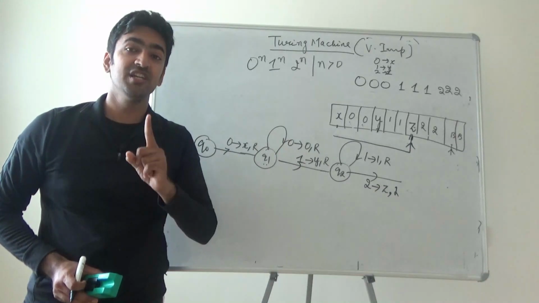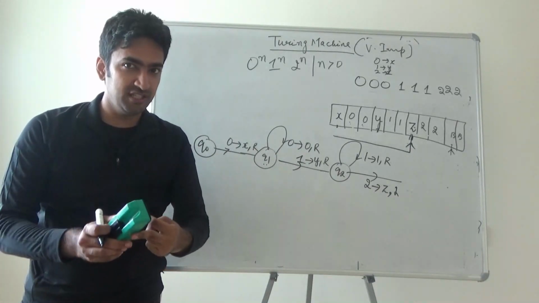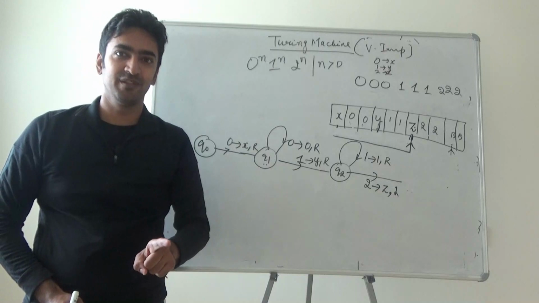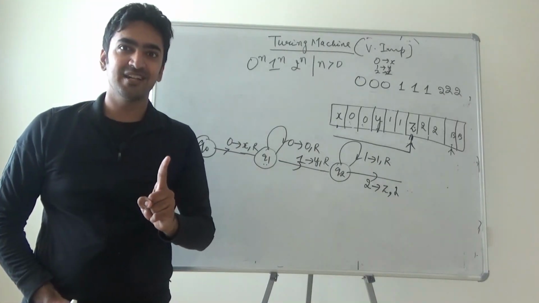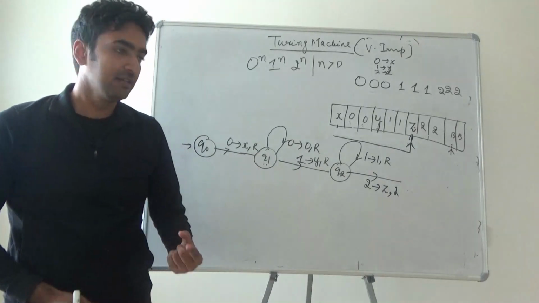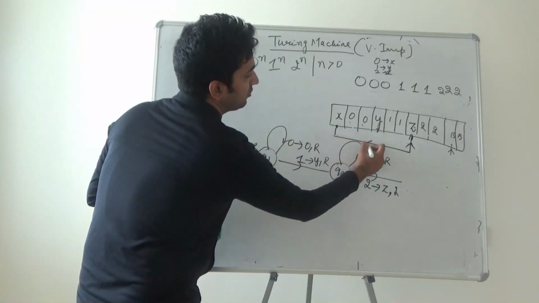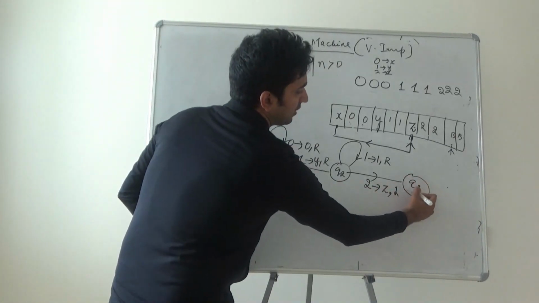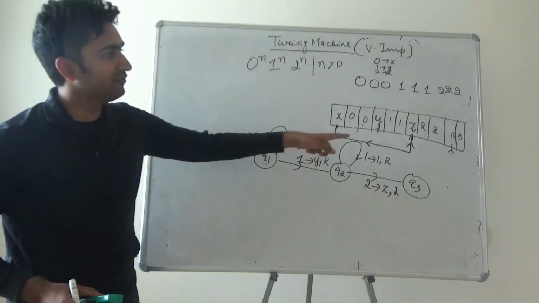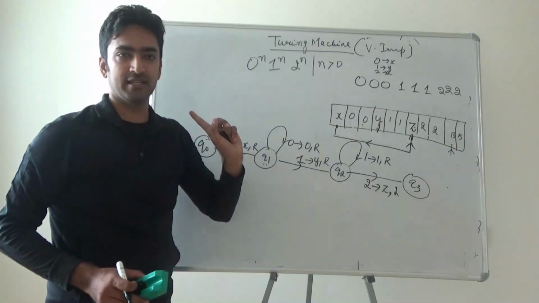It means I need to reach x, not zeros, not ones, x. Why? Because the moment you reach x, you can start the same process again. So you have to reach x. Now you tell me what are the things that are encountered when I am moving from this z to this x.